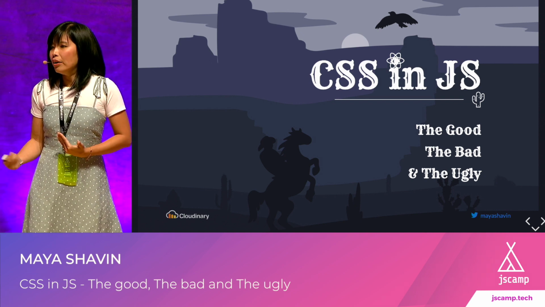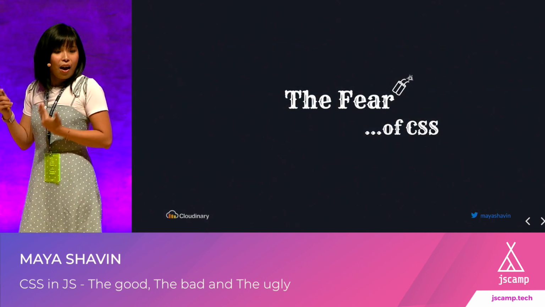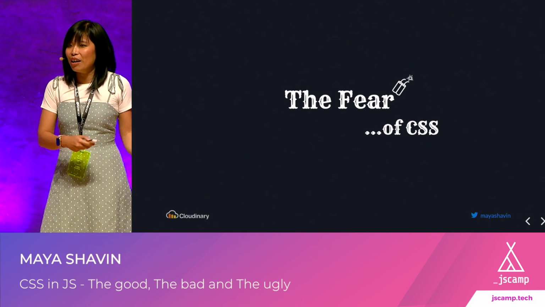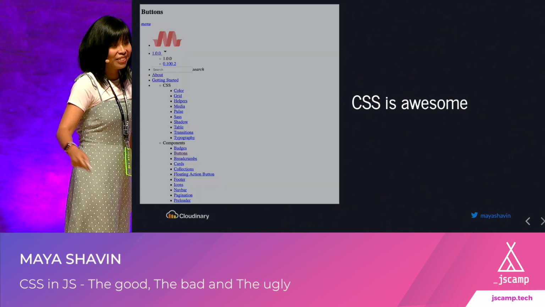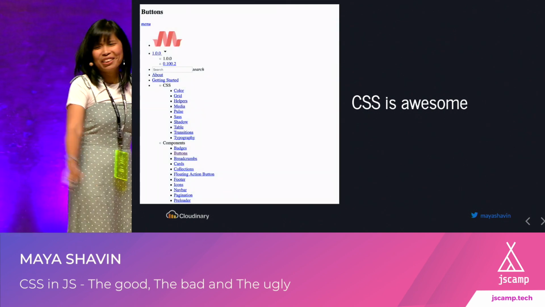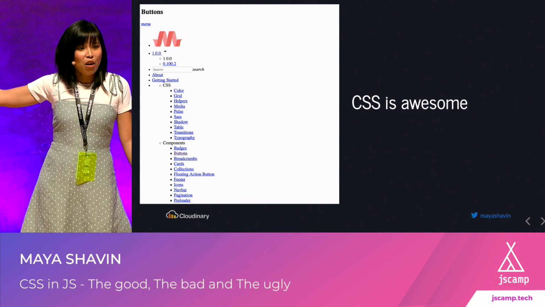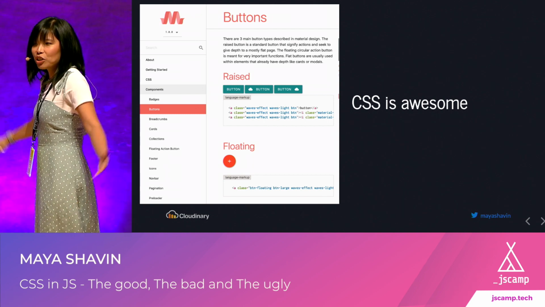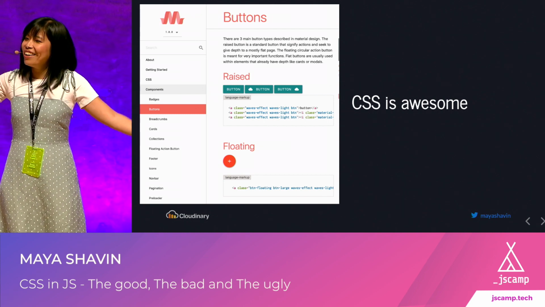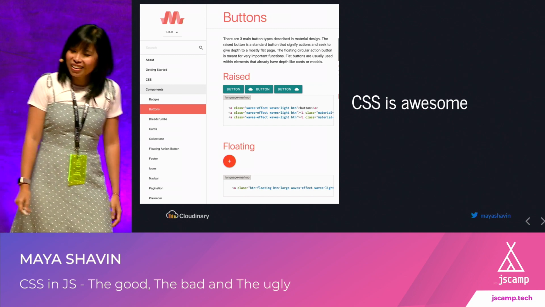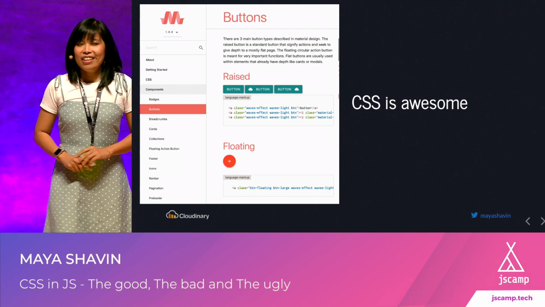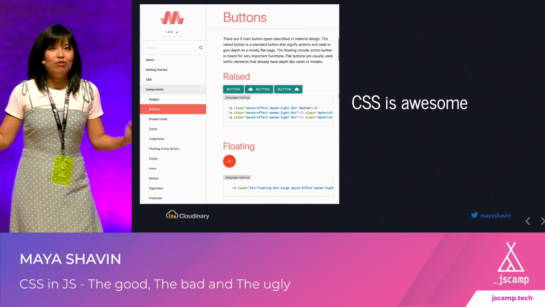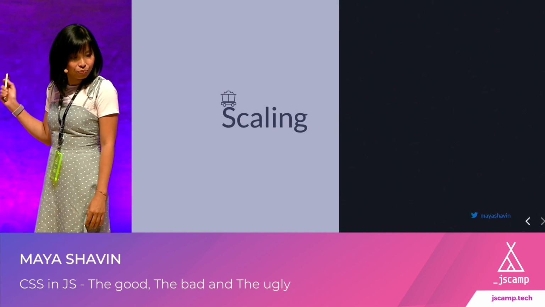What are the fears of CSS that developers are so afraid of that lead to this approach? Well, CSS is awesome. You must agree with that, because it can turn a page from something really boring to something much more beautiful. It's styling. But behind the scenes, we face a lot of problems that cause us pain and annoyance, such as scaling,